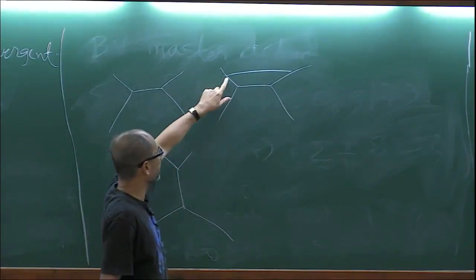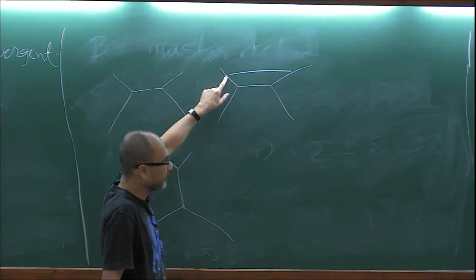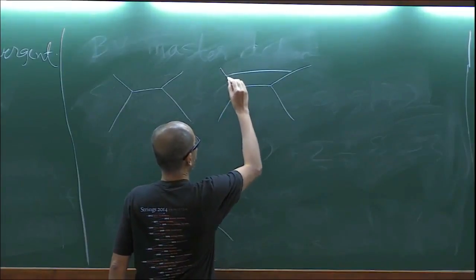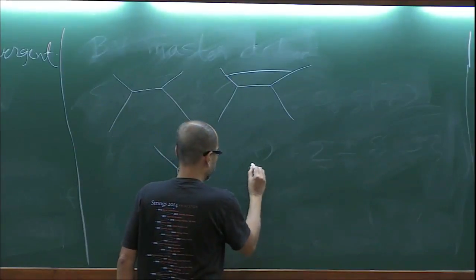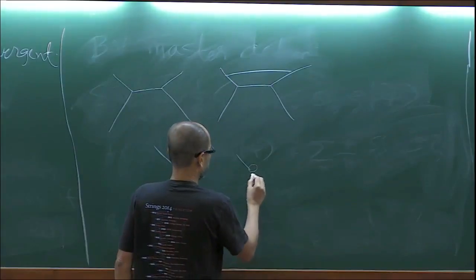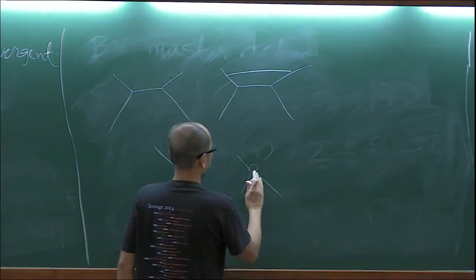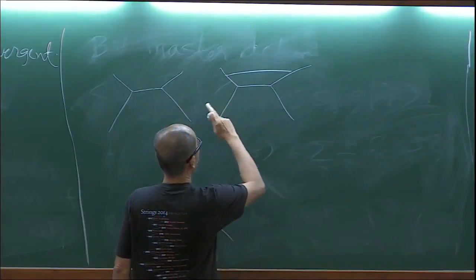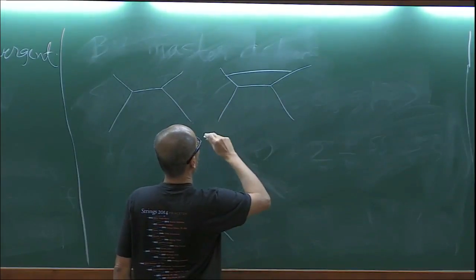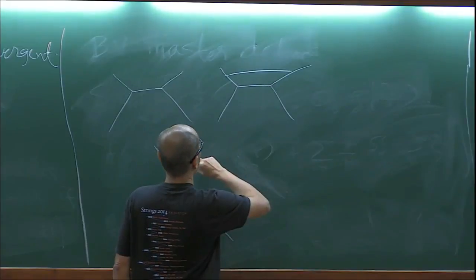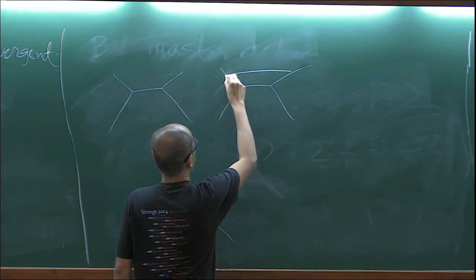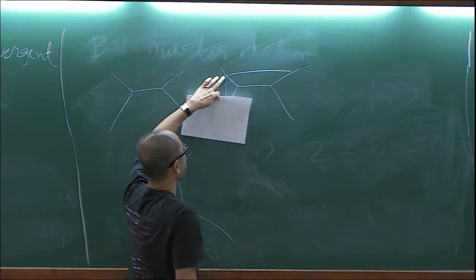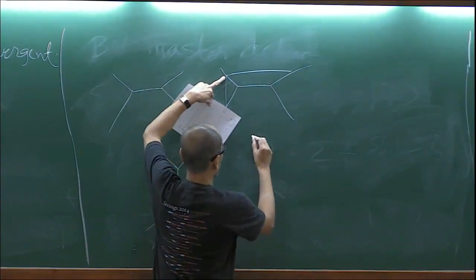For example, suppose you have something like this. Suppose you apply the identity here, so effectively this vertex will split up. Well, here is not very useful. Let me draw a four-point vertex. I think four-point vertex is the, let's suppose we draw it here, and you apply the identity here. So there will be a contribution of the form